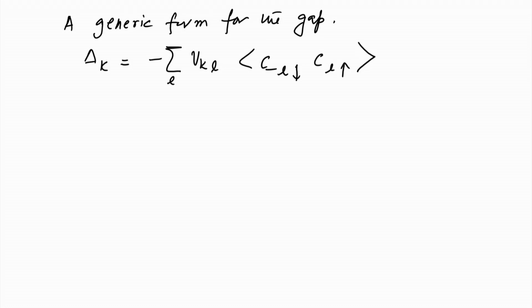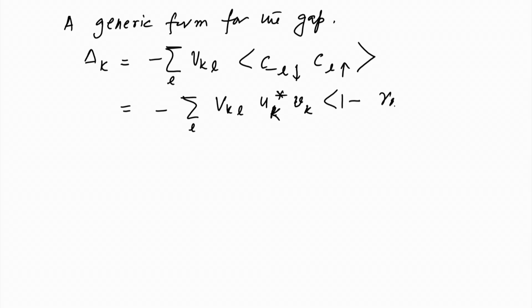So, a little bit of algebra in terms of these gamma operators will yield VKL UL or UK star Vk and 1 minus gamma L0 dagger gamma L0 minus gamma L1 dagger gamma L1,